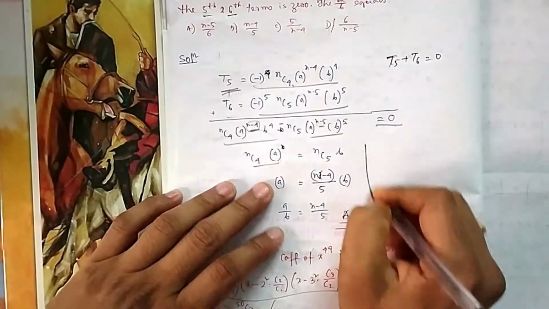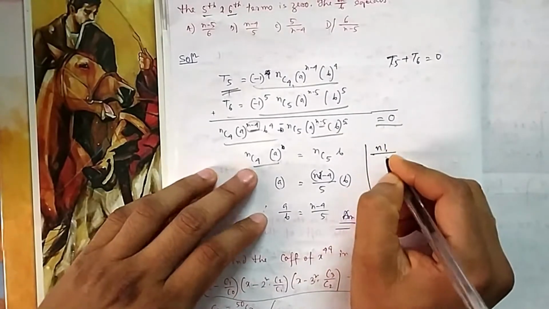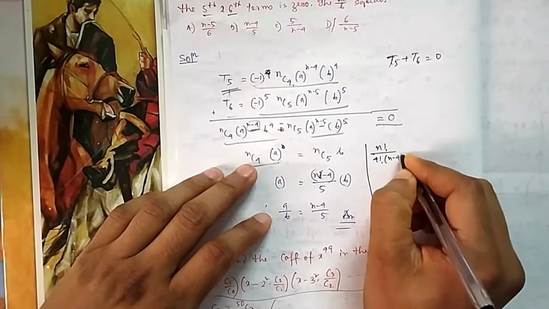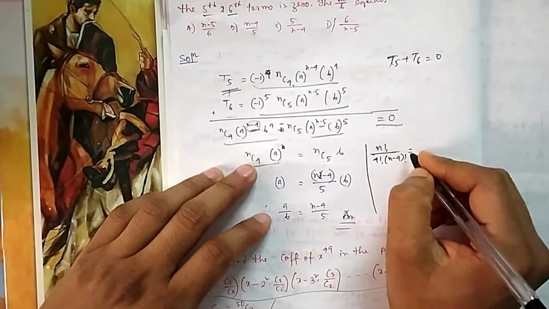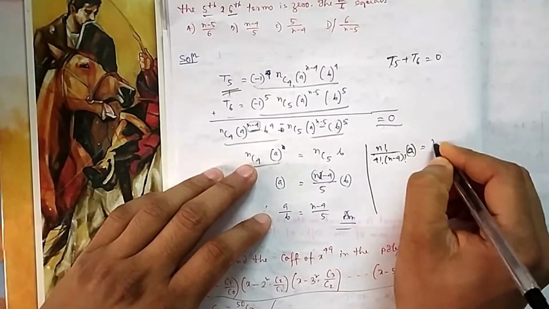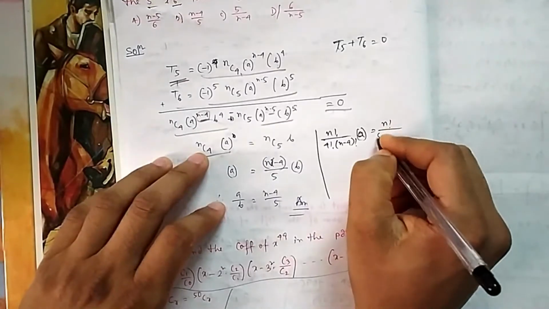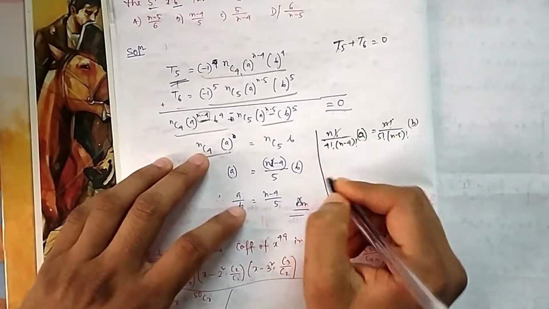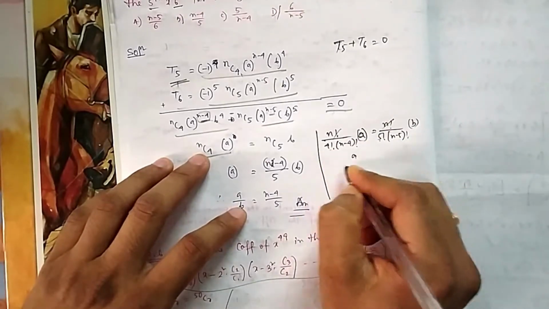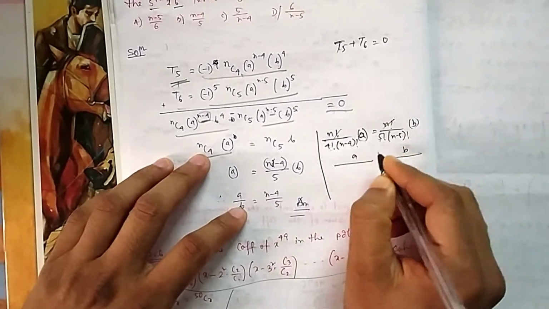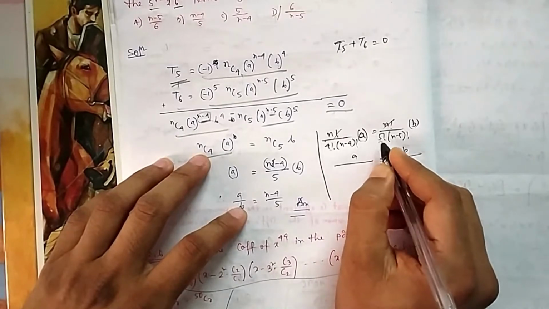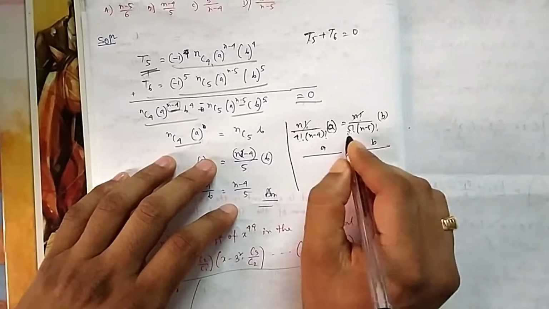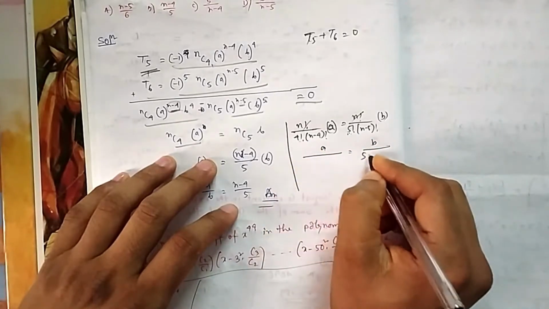So now how to do it? If you write nC4 it will be equal to n factorial by 4 factorial into n minus 4 factorial, just now what I have shown you, into a, is equal to n factorial by 5 factorial into n minus 5 factorial into b. So n factorial gets cancelled. Out of these two, which will remain? 5 will remain, because 5 is the largest. If you start expanding 5, then 5 into 4 into 3 into 2 into 1, 4, 3, 2, 1 will get cancelled, so only 5 will remain.